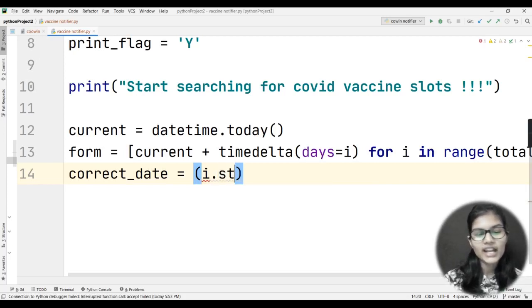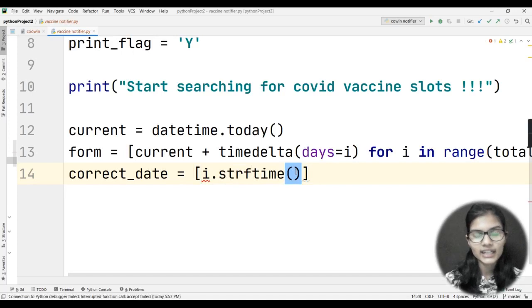So i dot, and if you want to give a particular format, that okay, in this format I want the date to be displayed, for that we use the strftime function. Okay, so in the bracket I would be using, okay, I need not make a tuple here, just have a look, I need to make a list. Okay, I just made the tuple, fine.